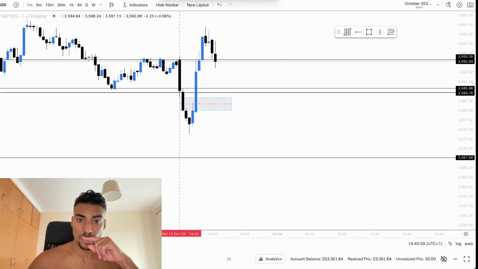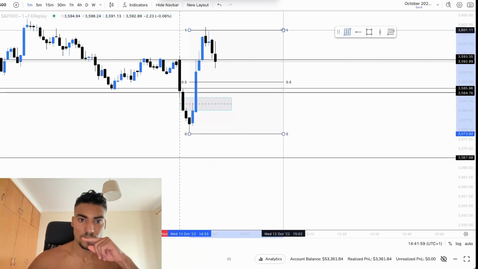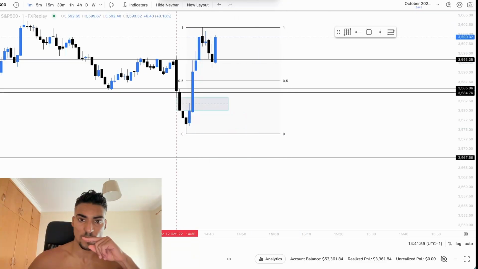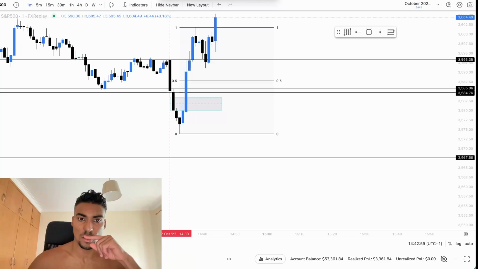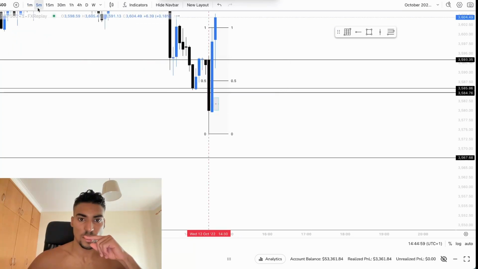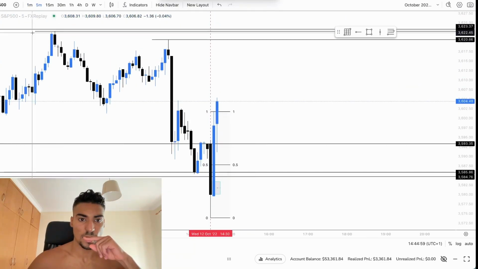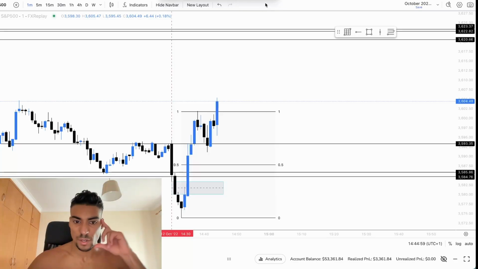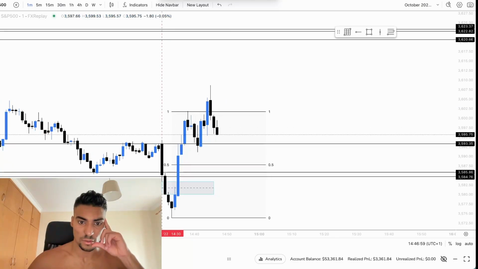We have a retracement into a fair value gap, but for me that's not really enough because I want to see some kind of lower retracement, which I don't think I'll get. Let's check. Nope, we are not getting it at the moment, which is quite a shame, but honestly, it's my plan, so I need to follow it.